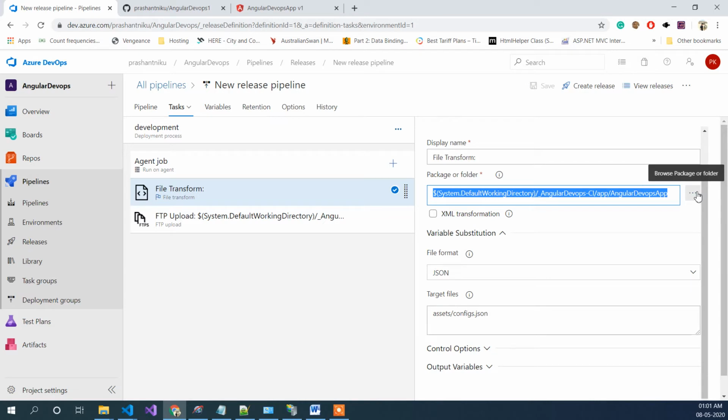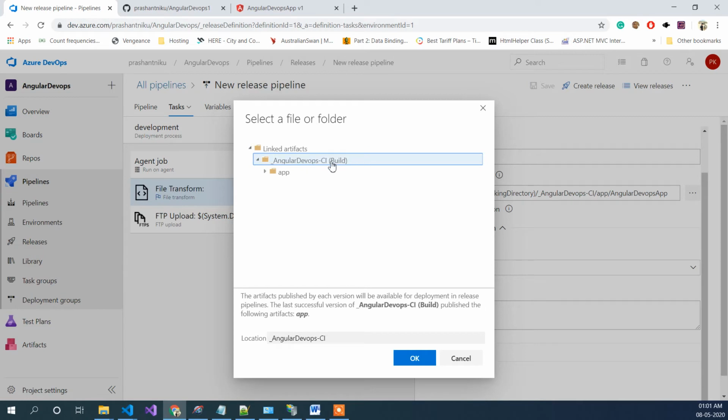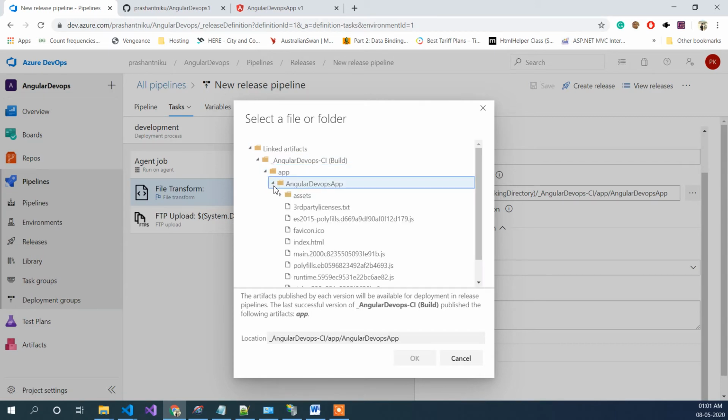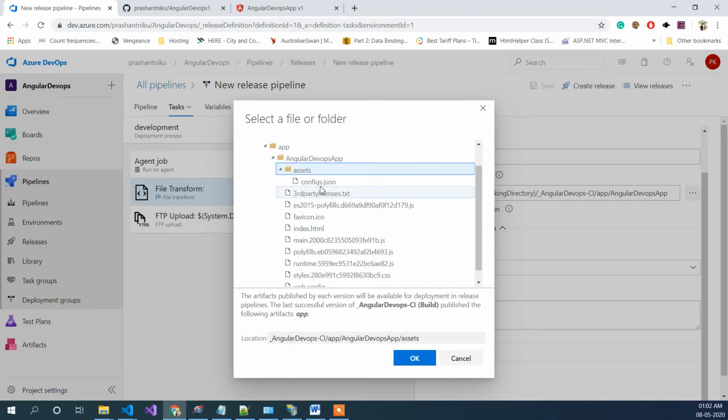So if I show you, when our build pipeline builds anything, it will get inside this folder, and inside that app folder is going to be there, and then our project name, and then inside that you will see the assets folder. So there is a config.json inside it.